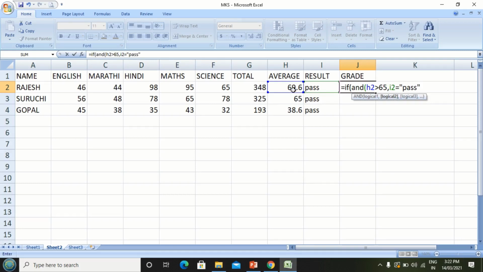If both conditions are true, close the bracket. If both conditions are true here, comma, then we are printing grade A.